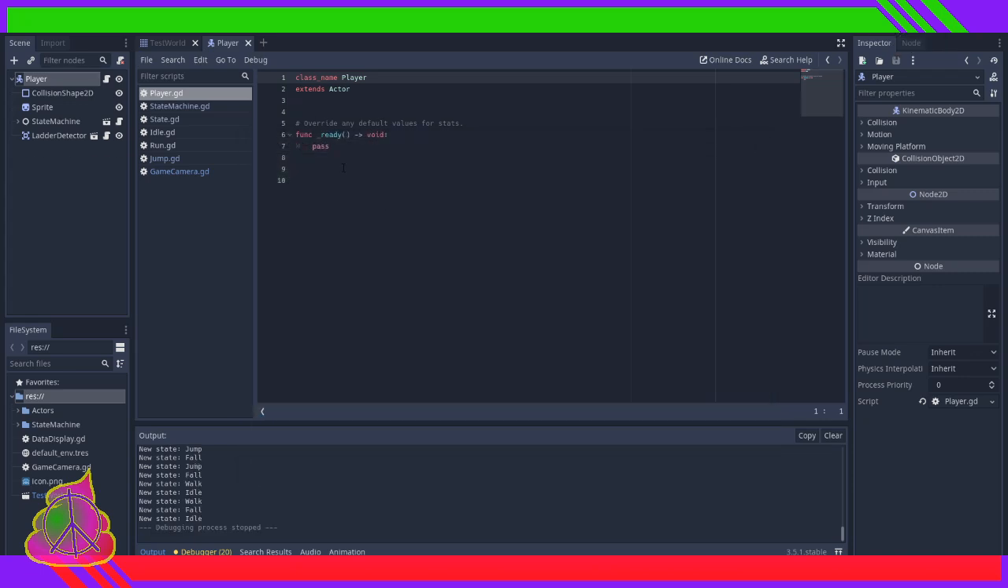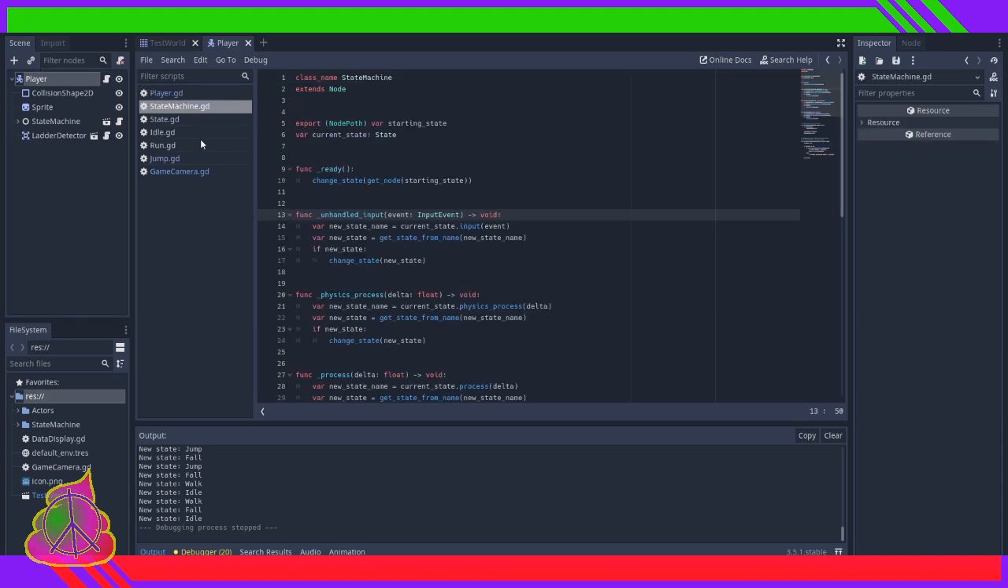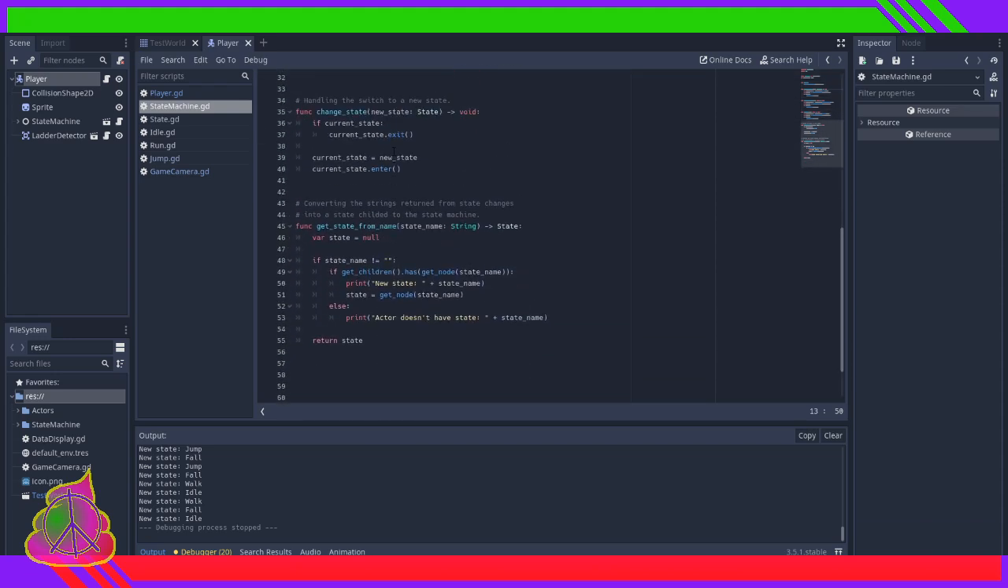But when you look at the player script, holy smokes, there's nothing in here. How does it work? Well, a couple of things. The player itself has a collision, sprite, ladder detector, and then the state machine. The state machine is just kind of a way of